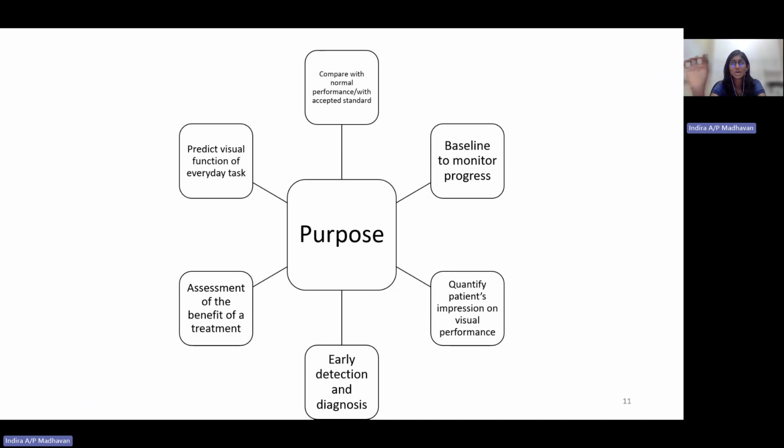Okay, and based on the aspect that the patient is actually scoring lesser compared to the previous one, we can focus on vision assessment related to that. Okay, so that will make things easier for us to do the early detection and diagnosis. And next one is assessment of the